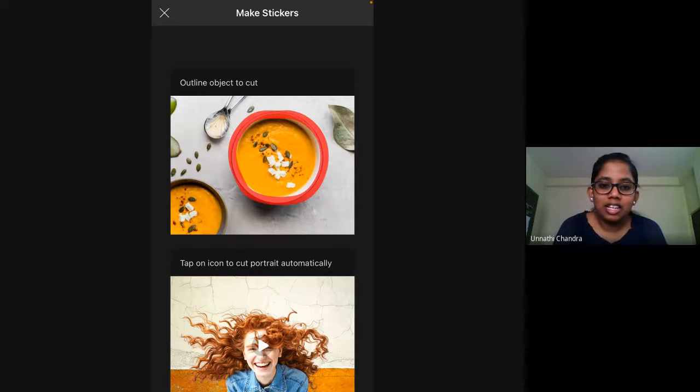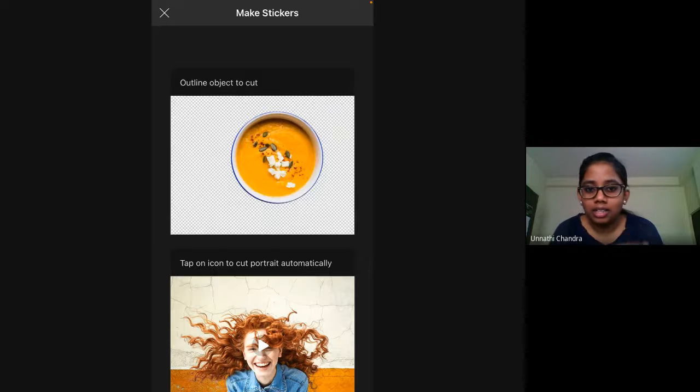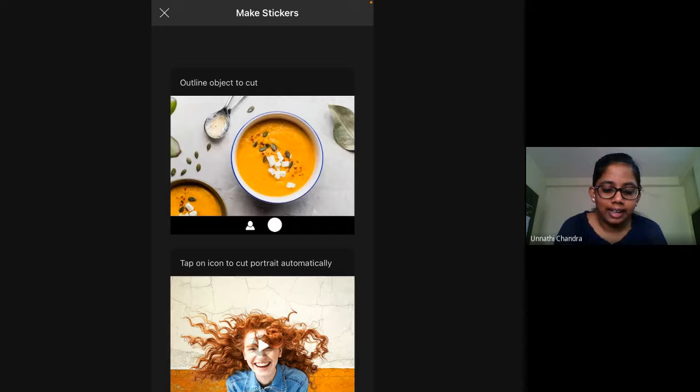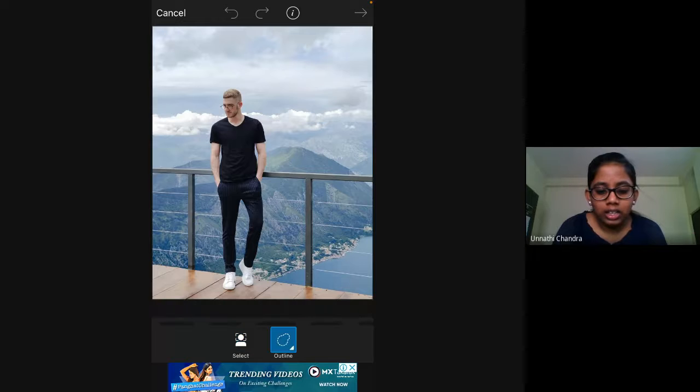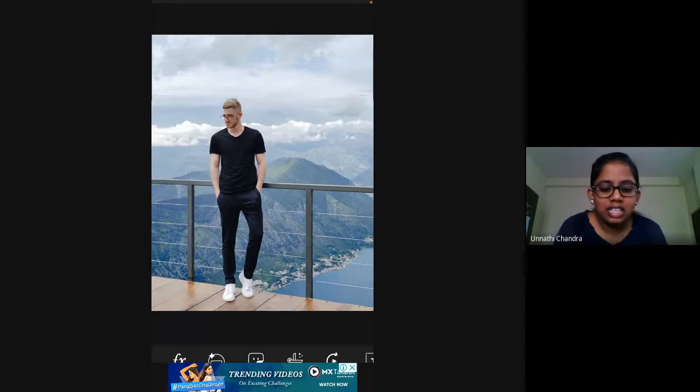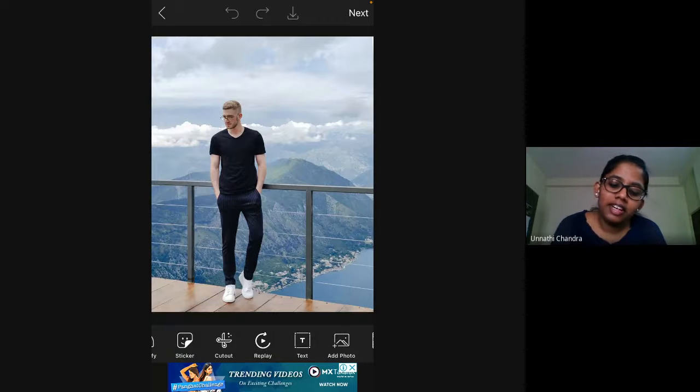I can take a screenshot of it, apply this cutout and then use it as a sticker like that. Just the same, you can either outline the area which you want, or you can use the preset options like person, face, sky, all of that. Yes, that is that. And you have a text option too.